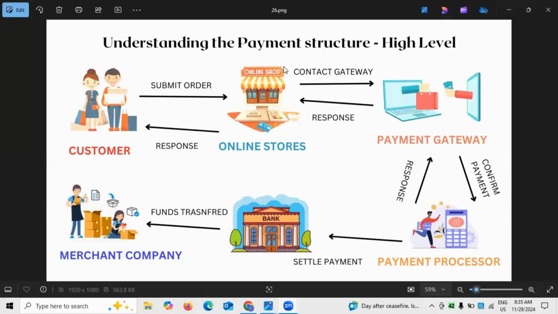Now, you need to understand what payment structure and the payments domain is all about. Earlier, in the beginning days, payments was part of banking and finance, because that is a bigger domain. Banking has many things. Last time I told you, retail banking operations are one thing. Retail banking operations means the day-to-day transactions we do in retail banking, such as taking deposits and at the same time providing different loans to the customers. This all comes under retail banking.